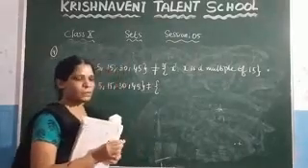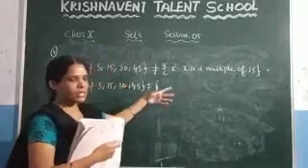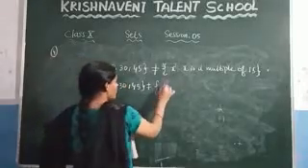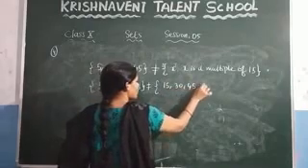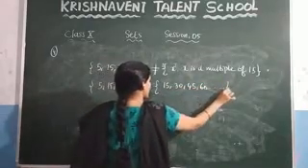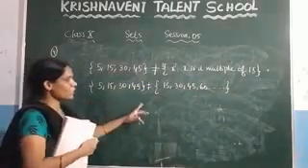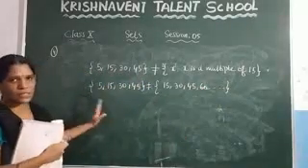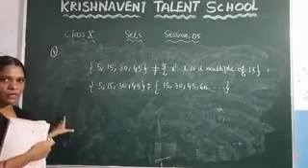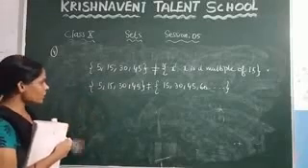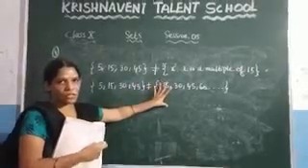What is meant by multiple? That means you need to write the 15 table. What are the multiples of 15? 15 ones are 15, 15 twos are 30, 15 threes are 45, 15 fours are 60, and so on. These are the multiples of 15. Now you need to check and state the reason why these two sets are not equal: here 5 is present, but here 5 is not there.